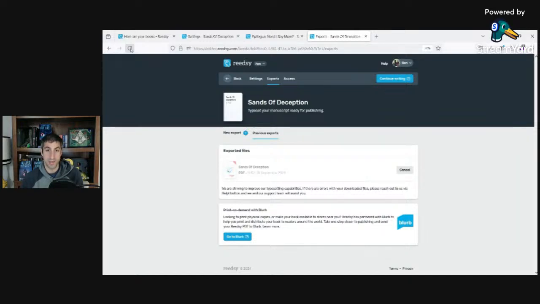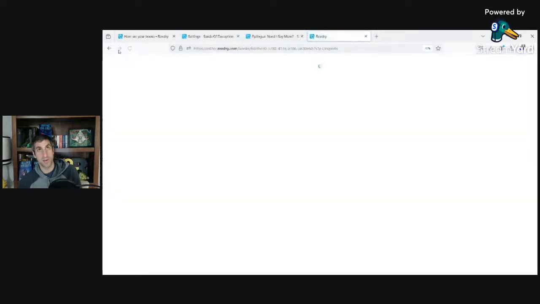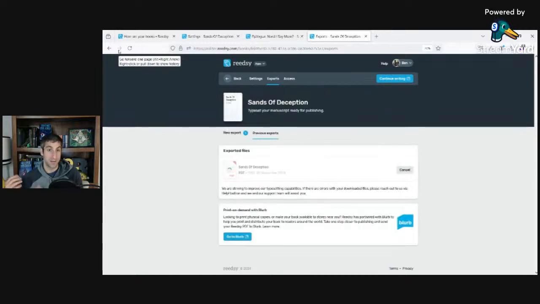Now you'll see that the export is almost ready to go. And this is all easy enough to import everything, so long as you know what you're doing and remember to check every time. The defaults do get reset. So if I move back to the previous page, I'll lose my progress. I like having the second formatting option, but it will default back to Reedsy and to a different size book than I want. It's not a big deal, but it's annoying when I export the wrong size and then need to catch that mistake, hopefully, before I publish my book.